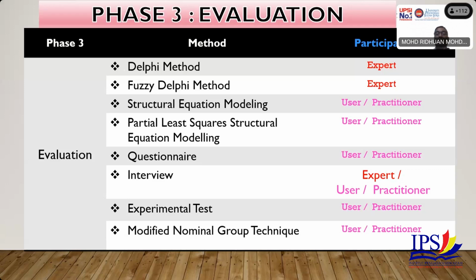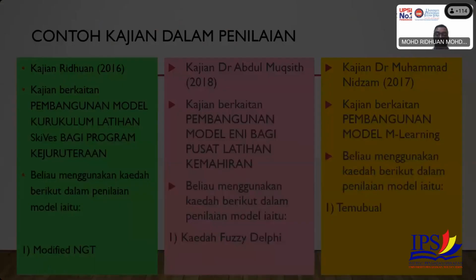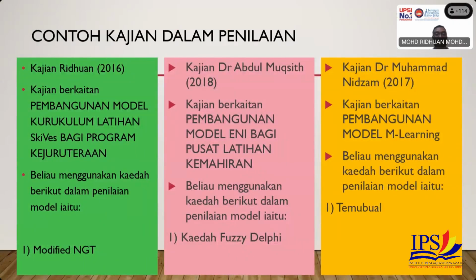All right. Okay. Actually, Delphi method, fuzzy Delphi method, SEM, PLS, questionnaire, interview, modified nominal group technique, are all types of methods for the internal evaluation. For the external evaluation, we can use the experimental test, like a quasi, like a single true experimental. Okay, all right, we are finished. Okay, I want to show you an example